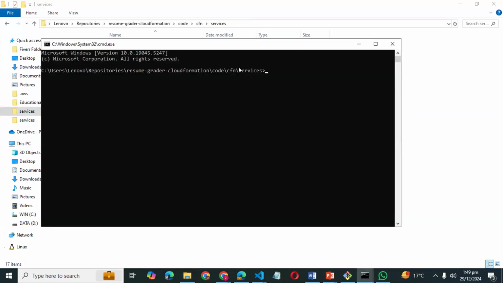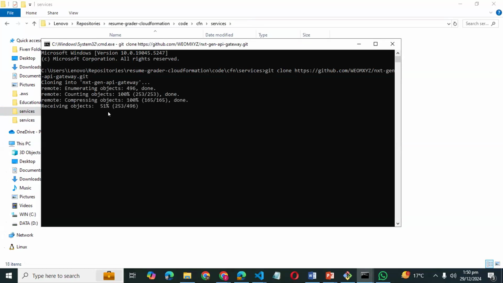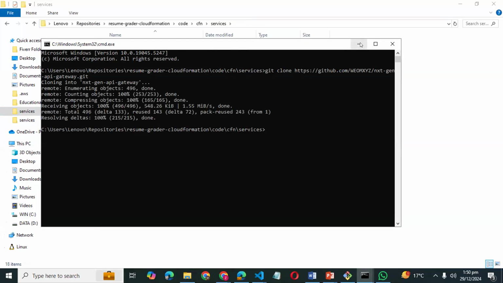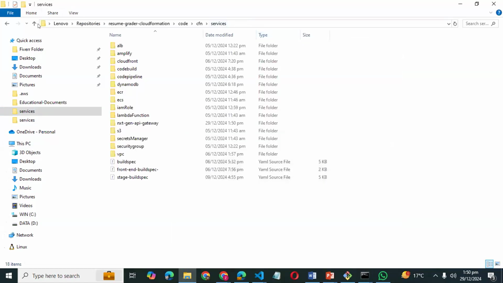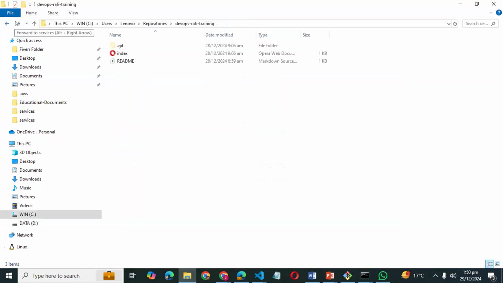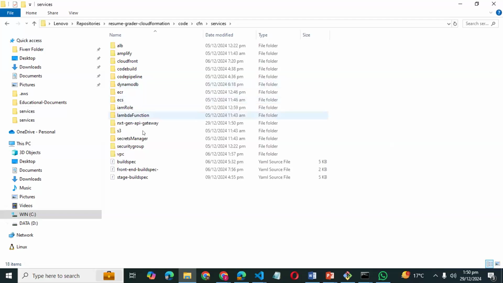This services folder is now open in my command prompt, and you just need to write git clone, and after that paste the GitHub repository URL, right? When you press enter, it is going to clone into that particular folder. So that's how we clone it. If I move back and go up, here you can see the repository with this name, right?